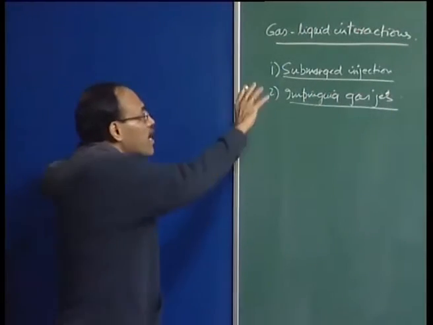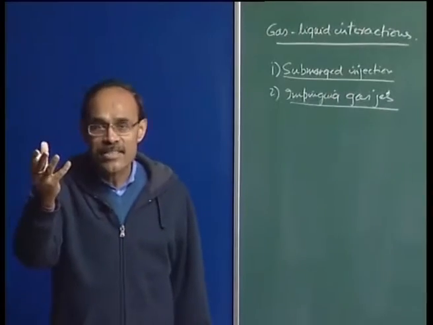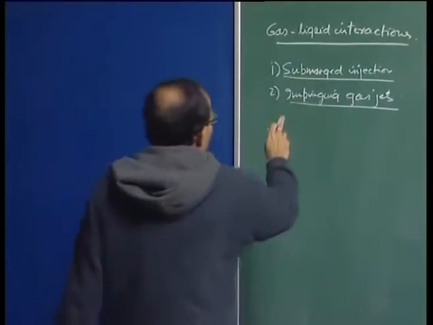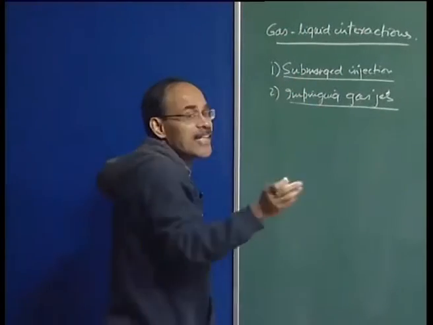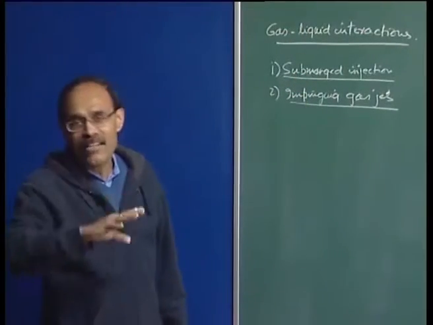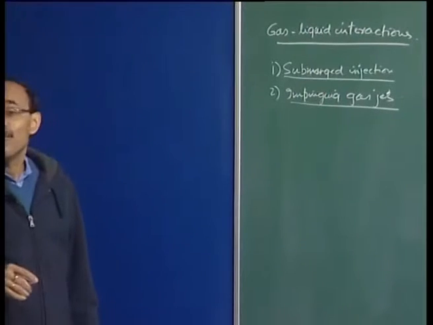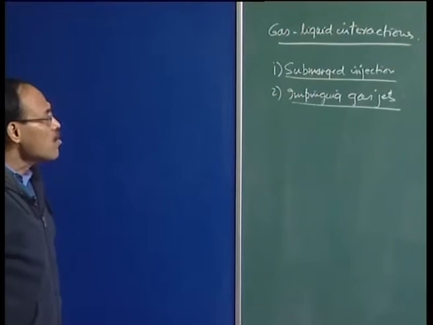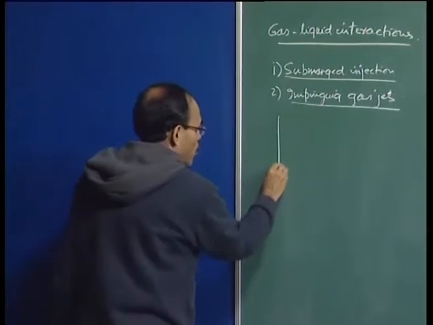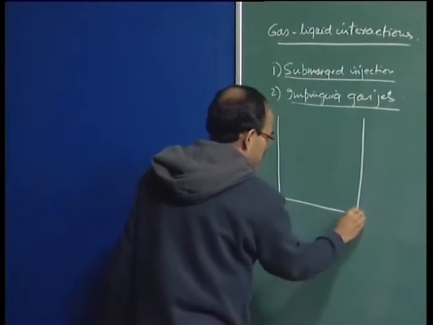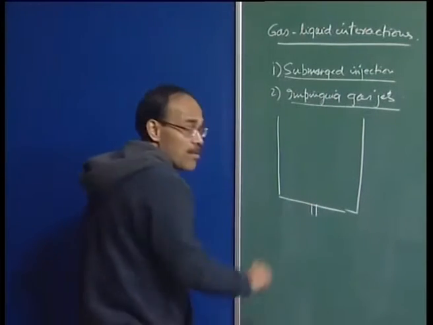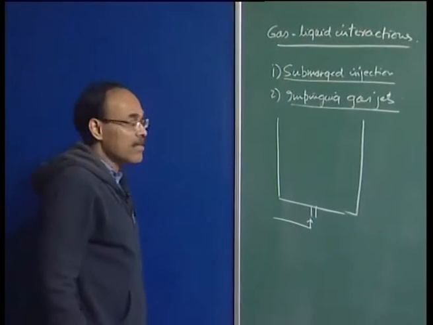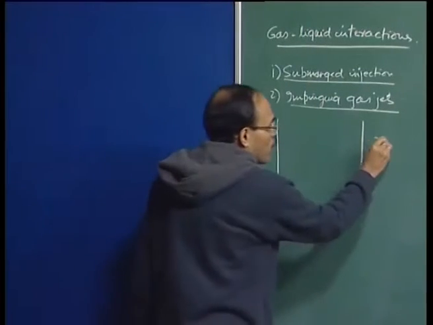And the nature of the gas liquid interaction could be reactive interaction. If oxygen is injected, then oxygen reacts with metal. On the other hand, if we are injecting inert gases, in that case there is only hydrodynamic interaction and thermal interaction, but there is no material interaction because inert gas does not dissolve. Now, in submerged gas injection, you can encounter various cases. You have a submerged sphere or a porous plug through which we inject the gas. Now, we can have phenomena called jetting and bubbling,